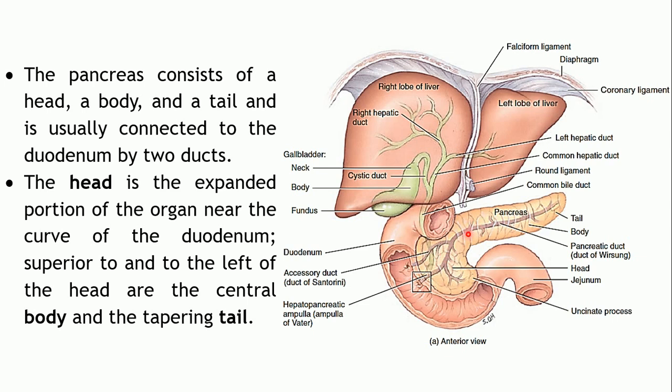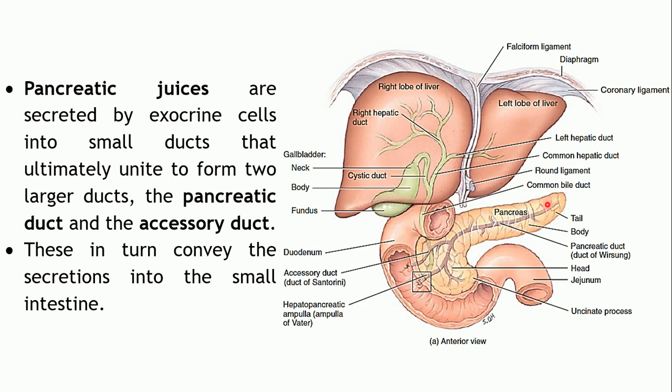Now here you can see that the remaining part lies towards the left of the head, and it is slightly superior to the head, right? Slightly it is diverting towards the upward side. So slightly towards the superior side lies the middle portion of the pancreas, that is known as the body. This is the body of pancreas, and the last part, that is the tapering part, is known as the tail of the pancreas, this portion. Okay, so this has to do with the location and the parts of the pancreas.